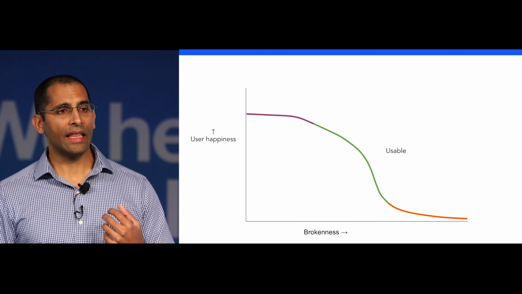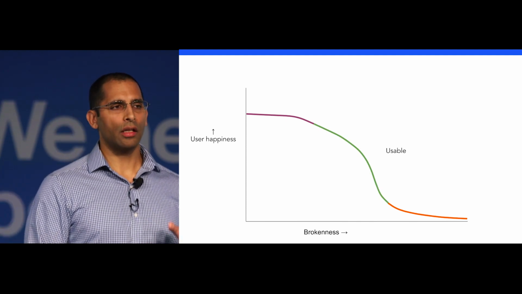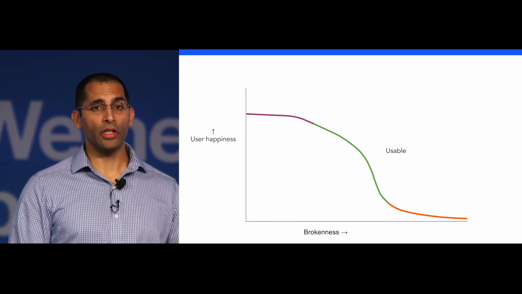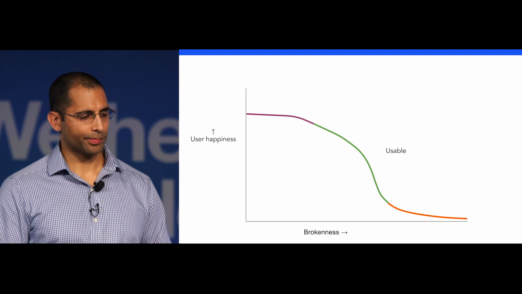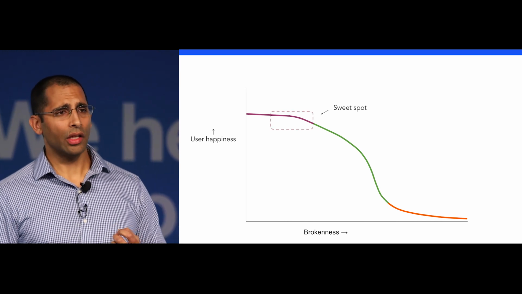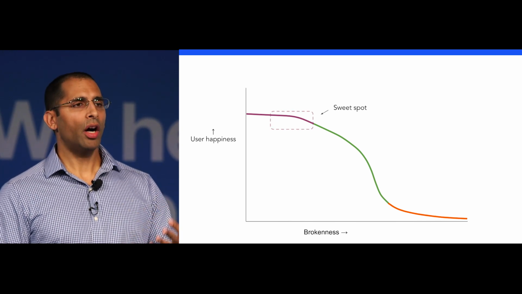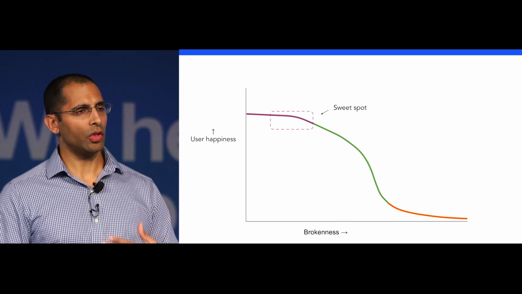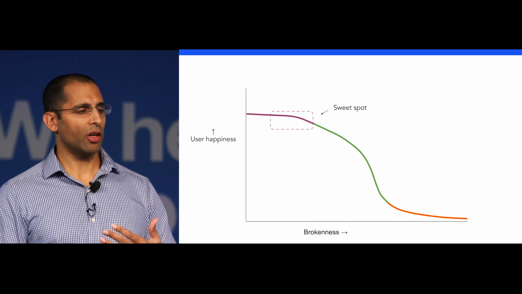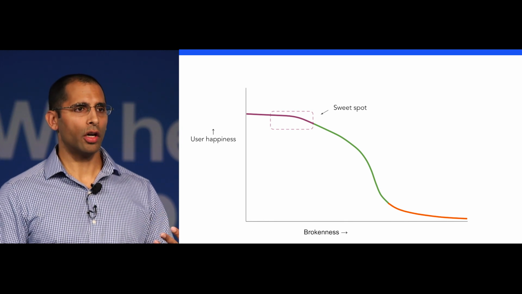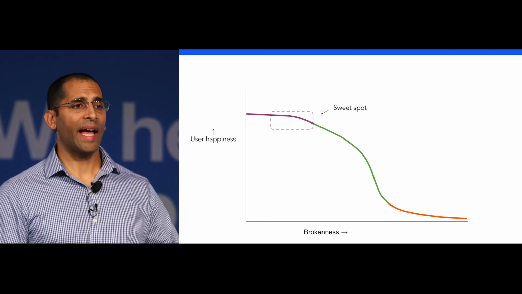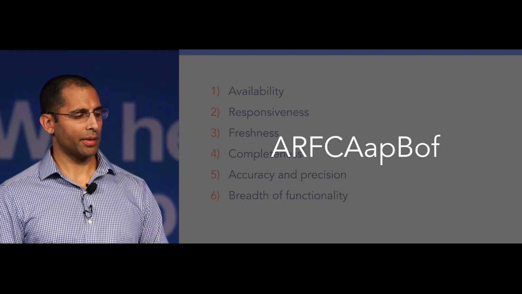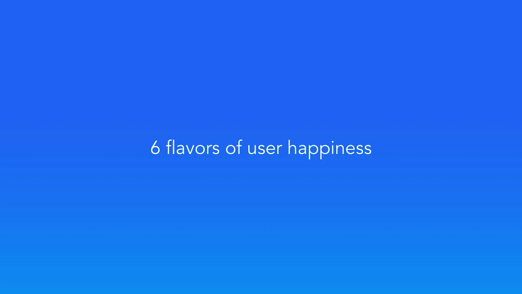The interesting part is in the middle, where your software is a little bit broken, but it's still usable. This is the S-curve of user happiness when using your product. You want your SLOs to be in the sweet spot, above the area of slightly broken but usable. You want to be in the just barely perfect area, but you don't want to go too far. You also want to have some padding in your SLOs so you have a little room to slip in case there's a brief blip.